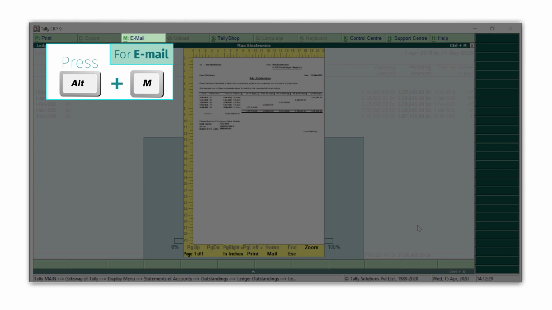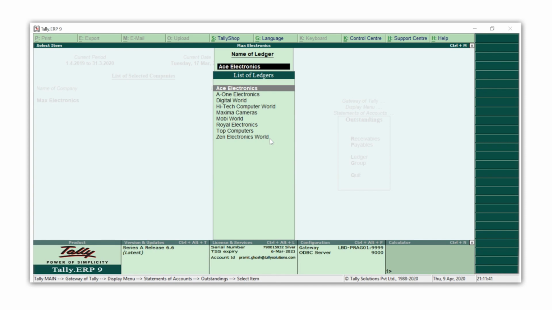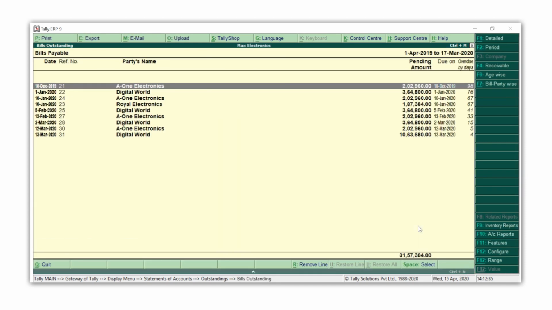Press Escape to view the bills payable report. You can access it using a similar navigation we used in the bills receivable report. You can use the F12 configuration option to add or modify the information and get much more insights for confident decision making. You can also use the options available inside the menu bar for additional details and quick navigation across